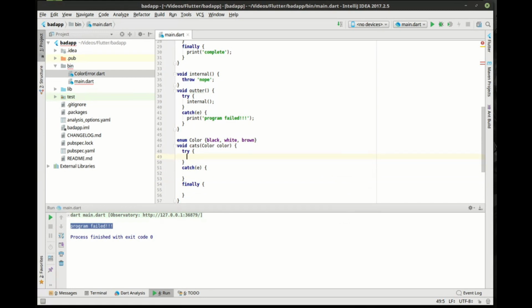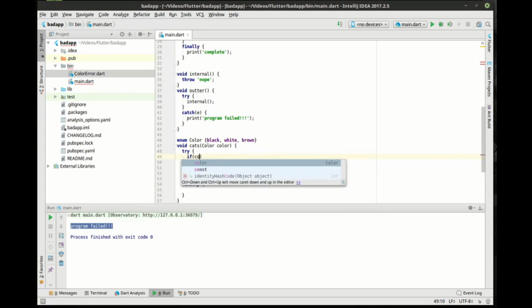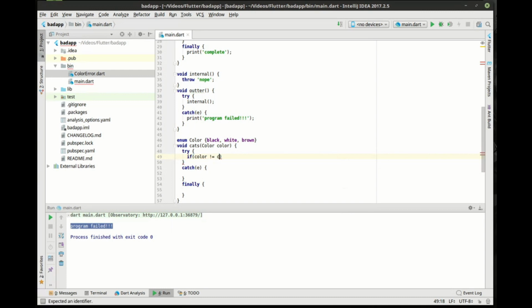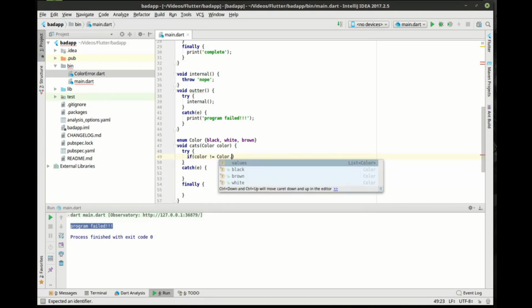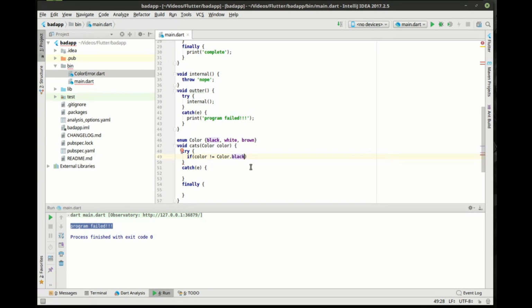now here we're going to actually check. We're going to say if color not equal color dot, and then notice here's our enumerated values. And the values is actually in there as a function. You can get a list of colors. We've talked about generic programming a little bit at a high level. It's probably actually going to be the next tutorial. But you can see how we have a list of colors, much like in the past we've had a list of strings or integers. So if the cat is not black, then we're going to say throw new,